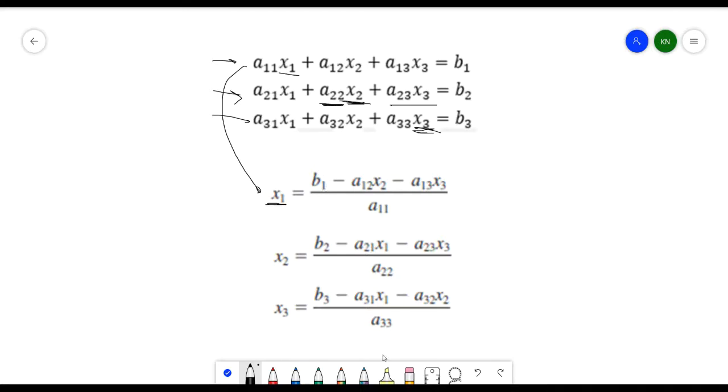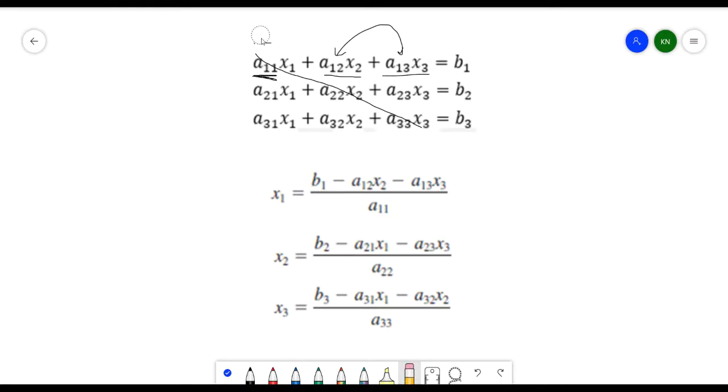Now, as you can see, class, you need to remember that the coefficients of the diagonal values here must have a bigger coefficient value than the other variables, the other terms that we have. Meaning to say, the value of our a sub 11 must be bigger than the sum of the other two. So if this is 12, the other coefficients must be less than 12 so that we can retain the same position that it has. Similarly, the coefficient of a22